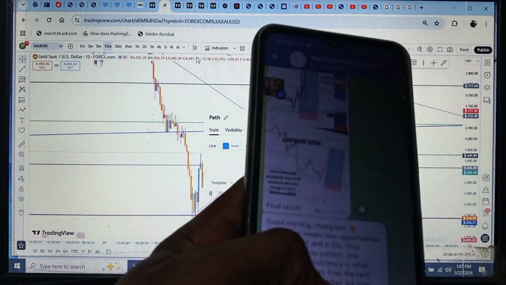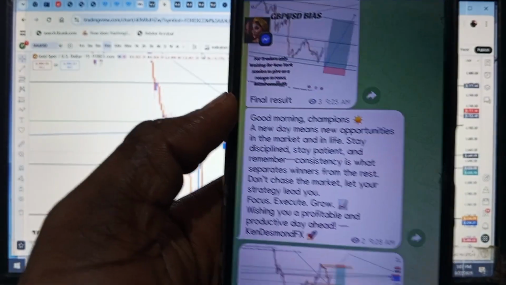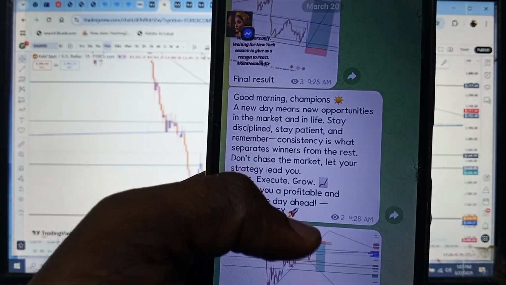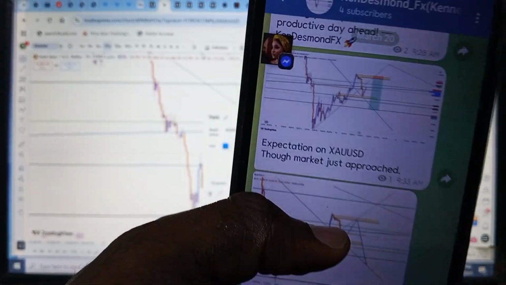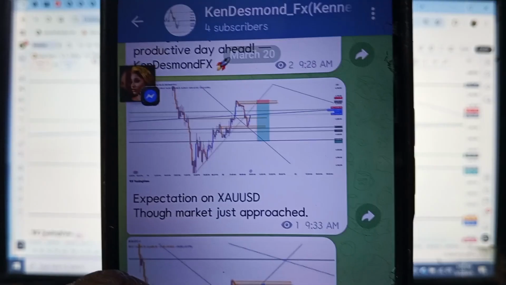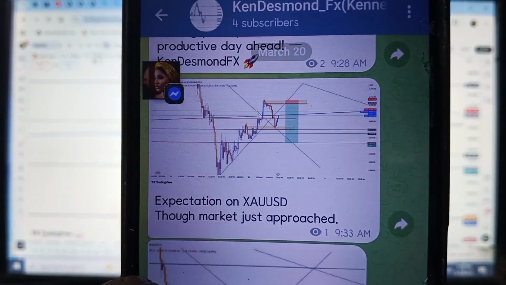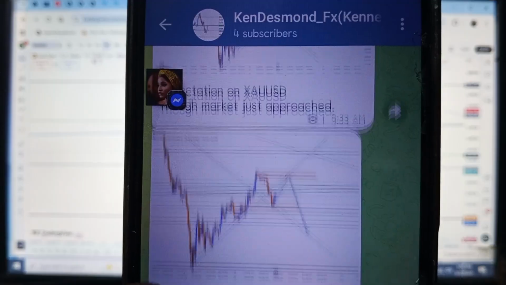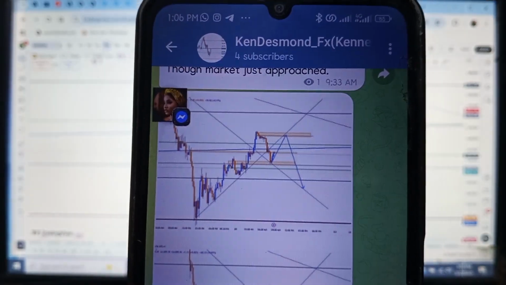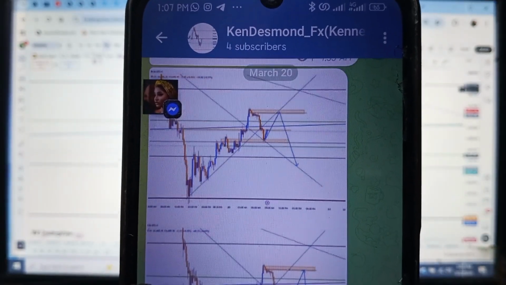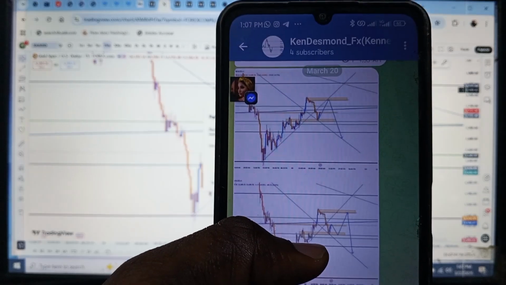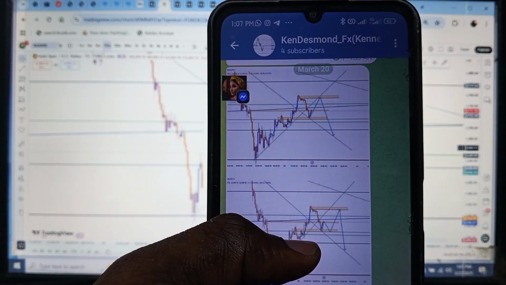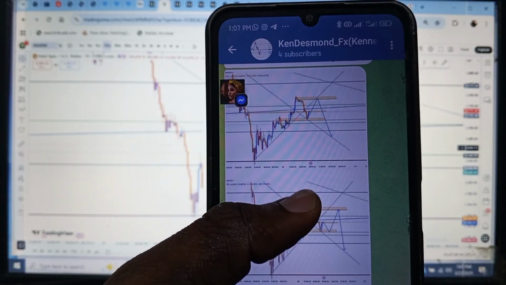So this is my Telegram channel. So that was the time, 9:33 a.m., when I posted, when I made the analysis. So this is what I now expect. I had it too. So to know which one will play out, either the market comes here,